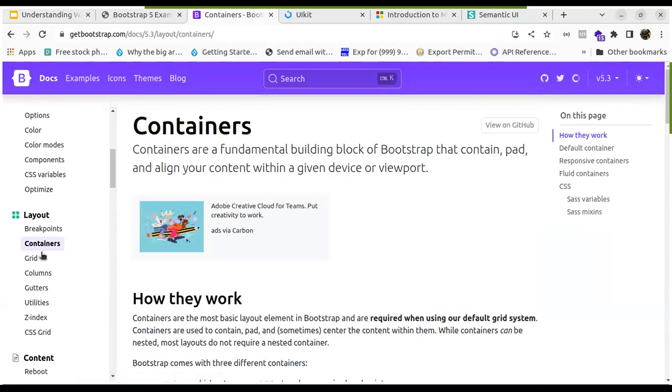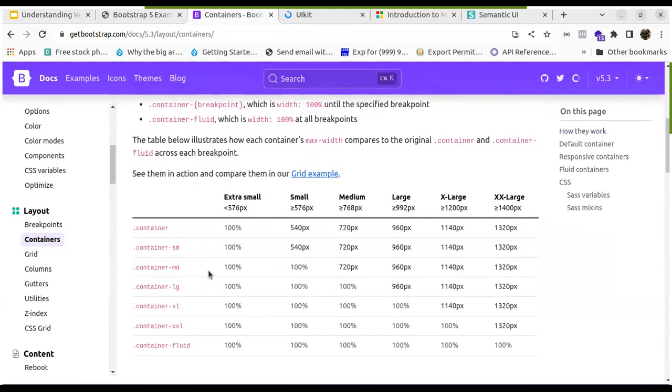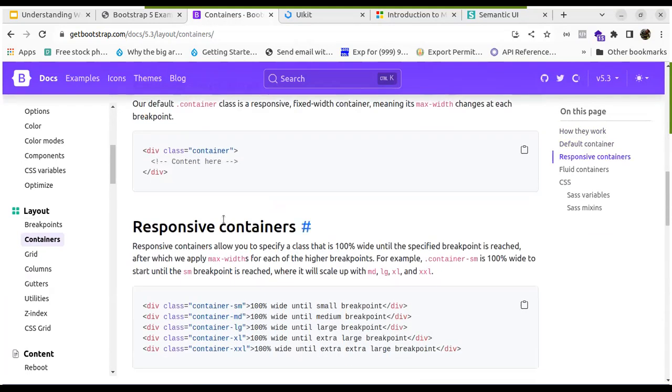So the containers are a fundamental building block of Bootstrap that contain, pad and align your content. So we have seen container-fluid and container. So what is the use of container-fluid and container? Container means it occupies full width. Container-fluid means it will come with some padding and margin. So that purpose we have used it, and we will get to know